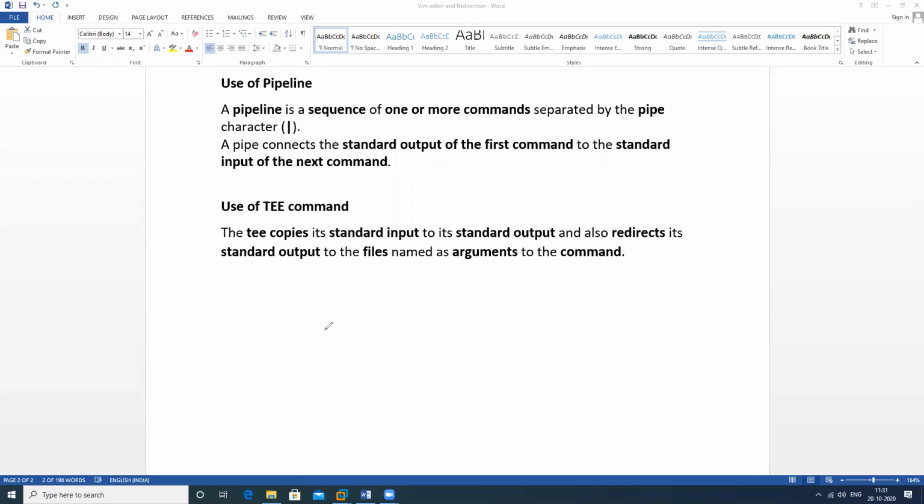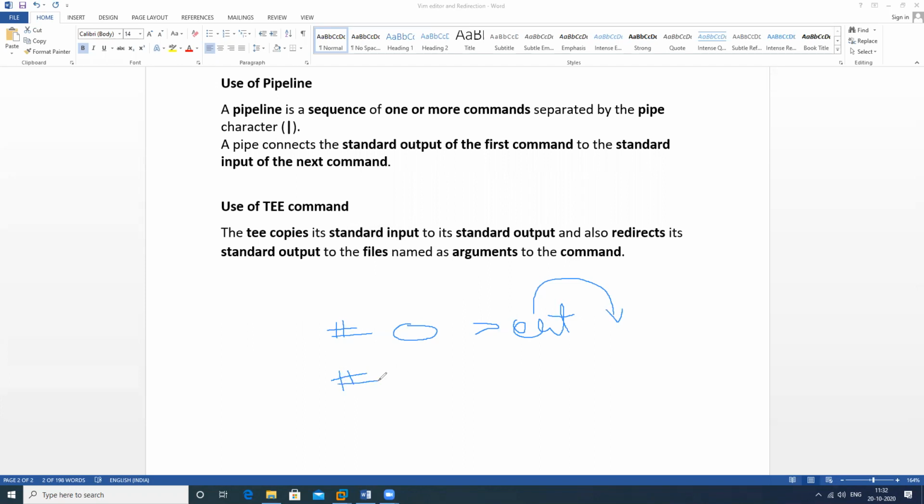When we type any command here, suppose this particular command, and when we use this particular symbol, the output will be saved only here. It will not pass another copy here. So this is the limitation.